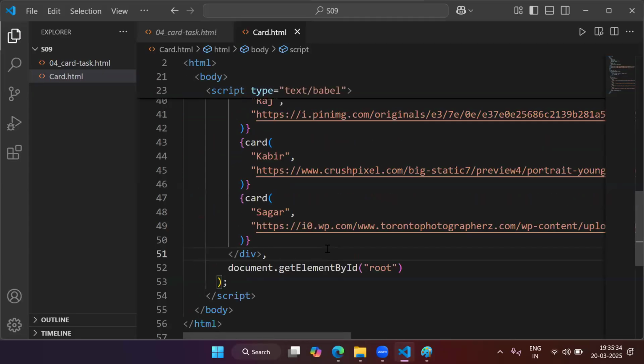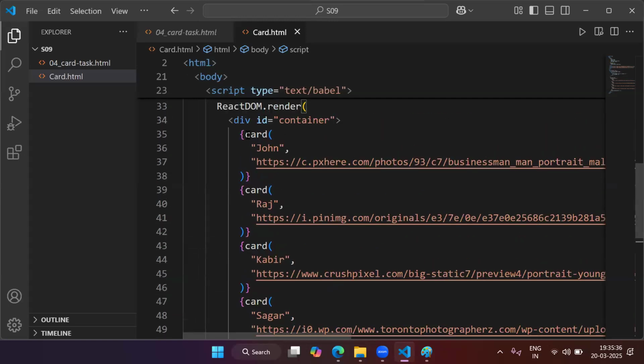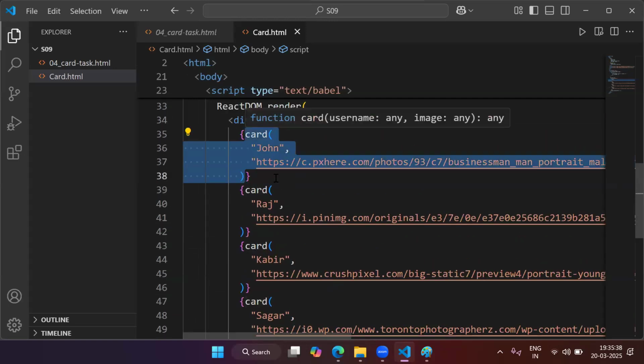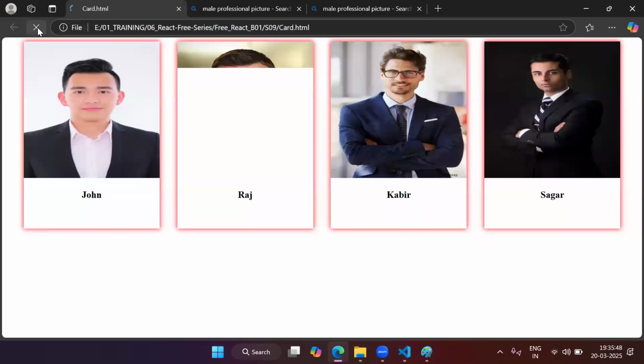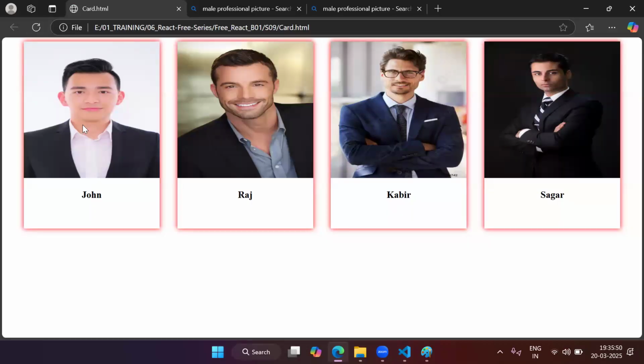See what I am doing now? For my function call, I am passing two arguments. And the moment I go back and refresh here, you will see that in different cards, we got different images with different names. So how can we achieve this? Using a concept called functions,